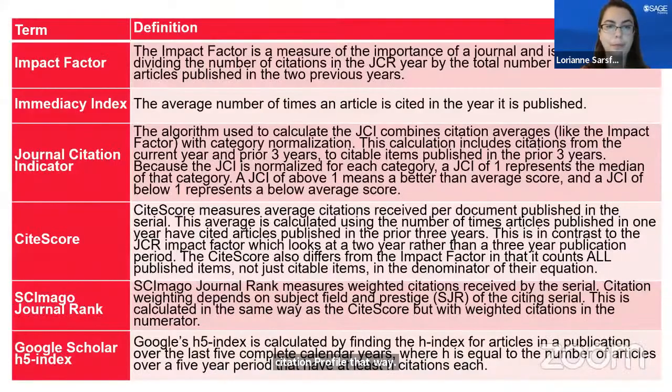Next slide. So in case you're curious, on any of our journal pages, we have the definitions of all of these different metrics provided. If a journal has a metric, it will show up on our indexing and metrics page, and the definition of that metric will show up as well. So you can take the time to read through what each of these mean, but what's listed here is a lot of the common indexing metrics that you would see on those pages.